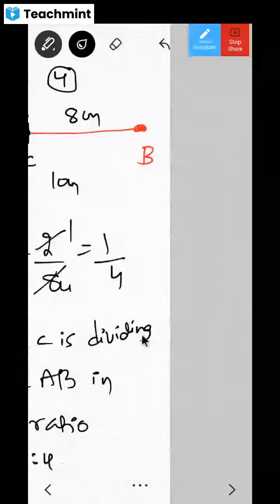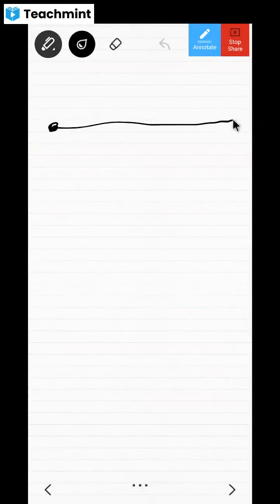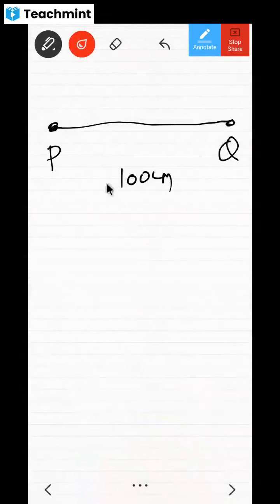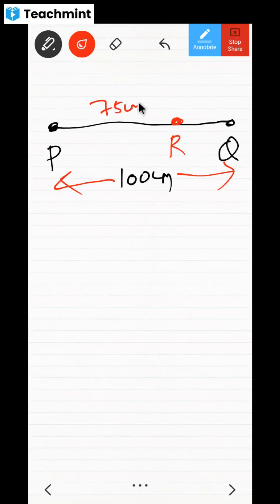Now look at this. One more example, let me give you. For example, I have one line here. This line can be of any length. Let me take it as XY, or let me take it as PQ. Any name you want, you can take. Now this PQ is like 100 centimeter, dear children. This is like total 100 centimeter. Now in this I have one point here. Let me take this as R. Now which part is more? PR part is more or not? Yes, sir. Now let me take this as 75 centimeter. How about RQ? It will be 25 centimeter, no?